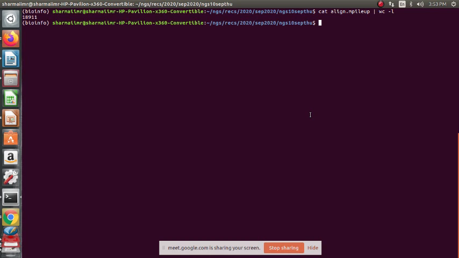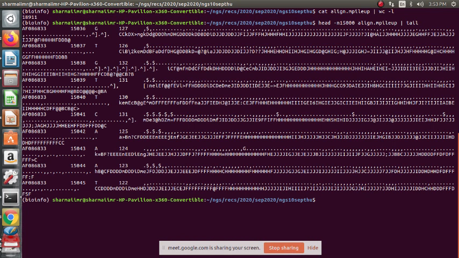If you want to find out somewhere in the middle where bases are there, let us check this. head -n 15,000 align.mpileup, and then tail is just the last 10 lines.